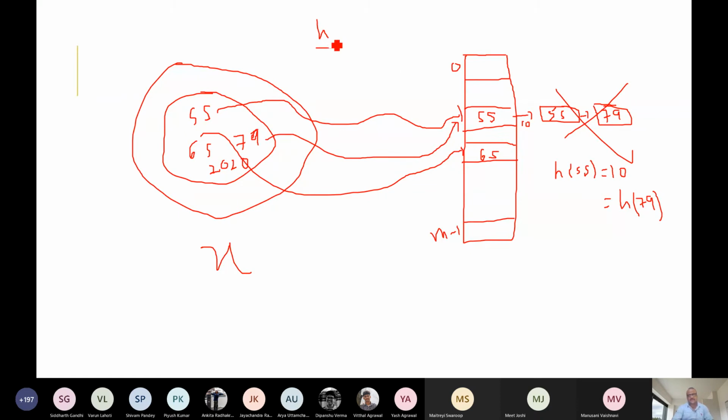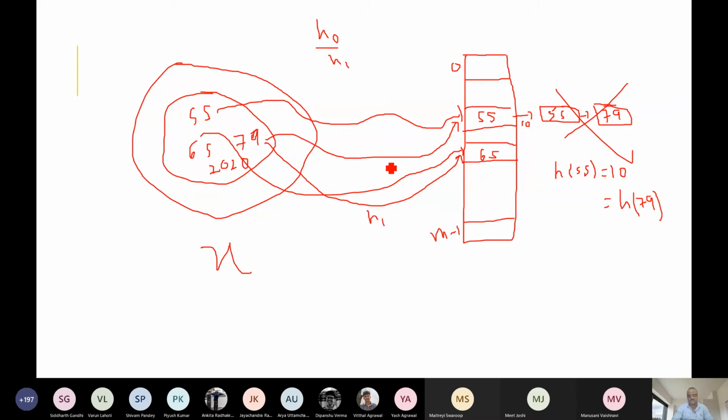If we apply the same hash function again, it will hit this 55 slot, this 10. So if we have another hash function, say h1, where this original one is h0, and we apply 79 on h1, it will hit some other slot. Suppose under h1 it hits a slot which is 65.